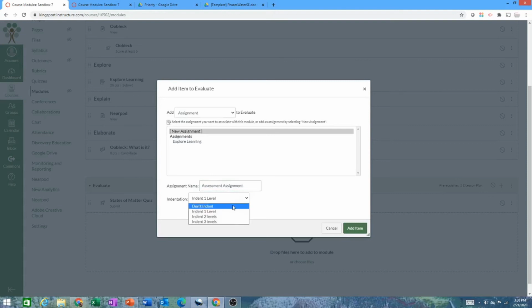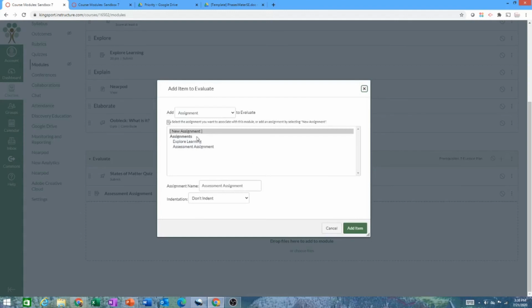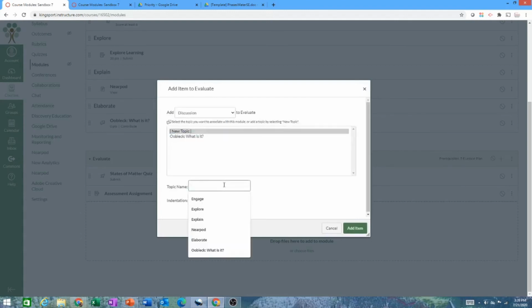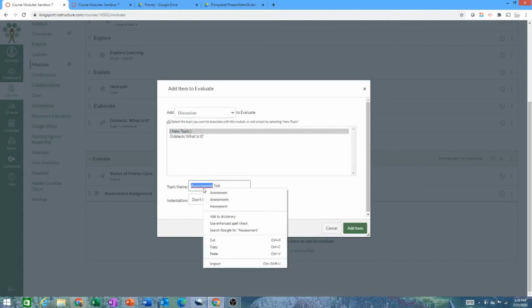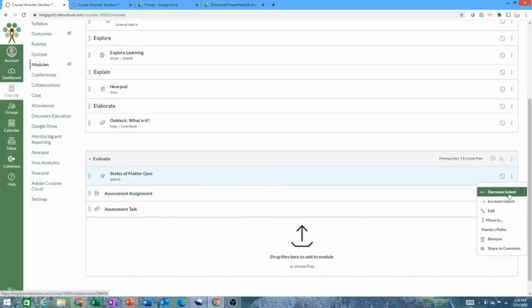And I'm not going to indent that. Maybe I want to assess them by having them participate in a Socratic seminar using the discussion board. And I'm not going to indent that either. And I'm going to remove the indent on this one. Now I have 3 ways that the students can assess, and let's say that I don't want to do all